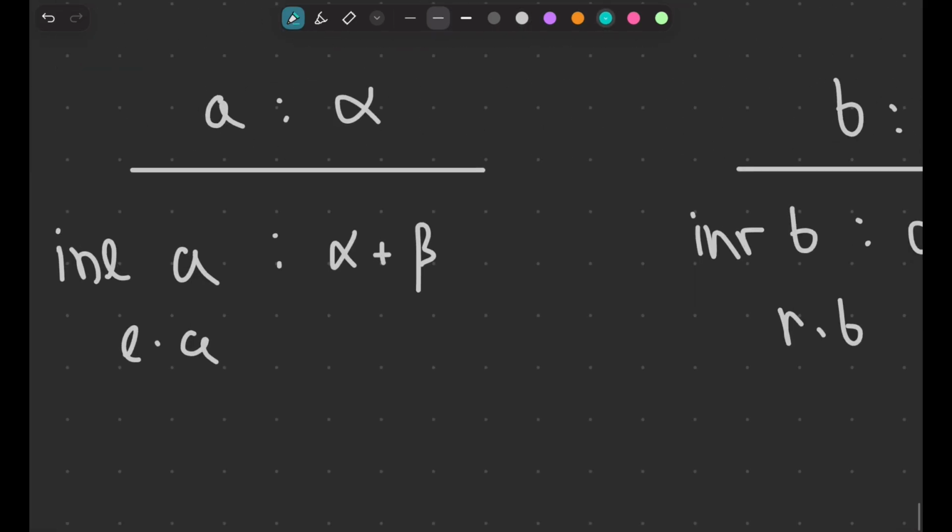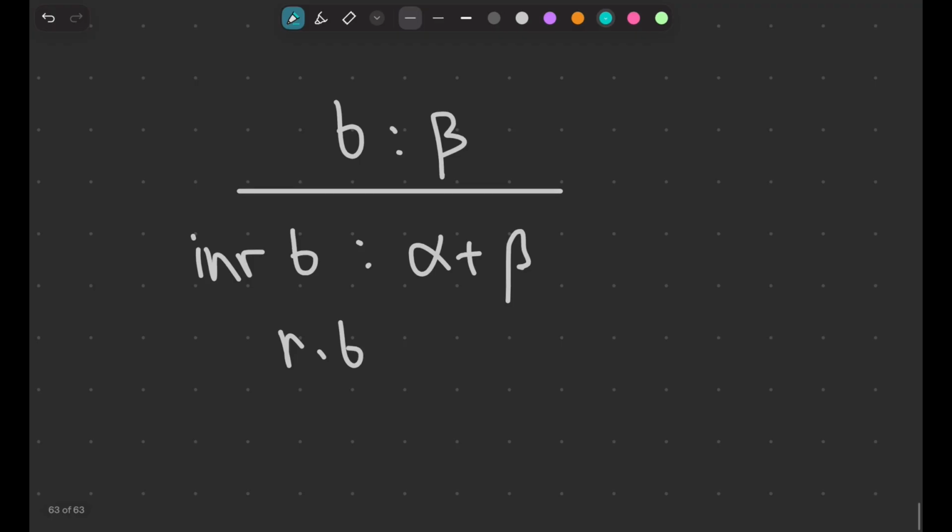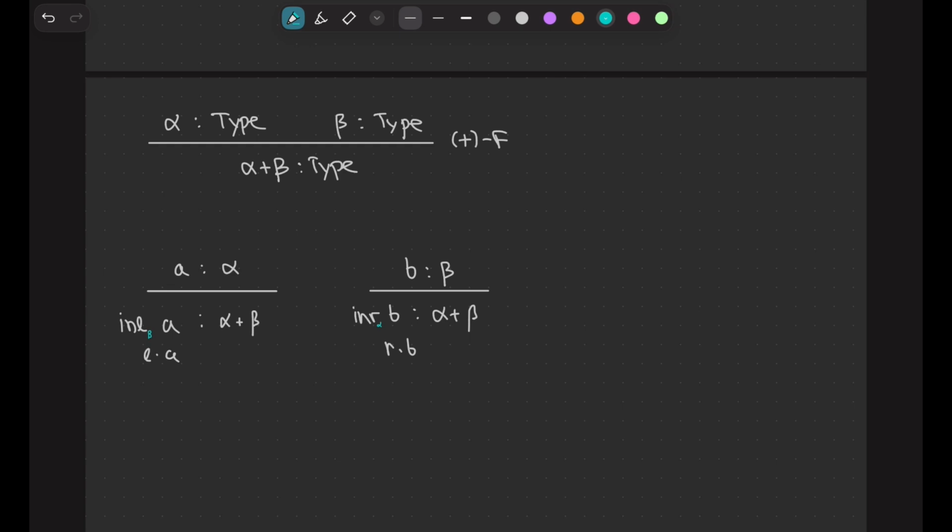Implicitly, I have here the inl beta, and this is the inr beta, inr alpha, which we will never use explicitly because it's always inferred by the type. Yes. So this is basically a disjoint union.